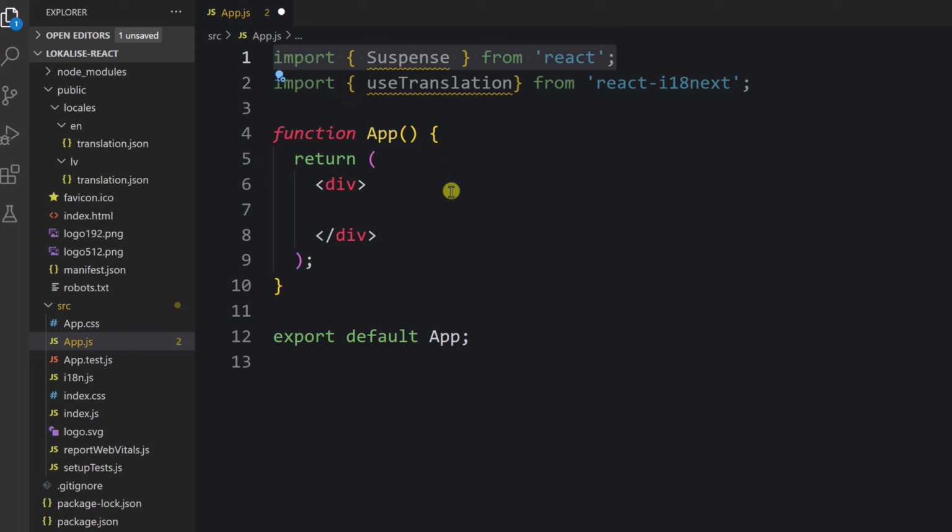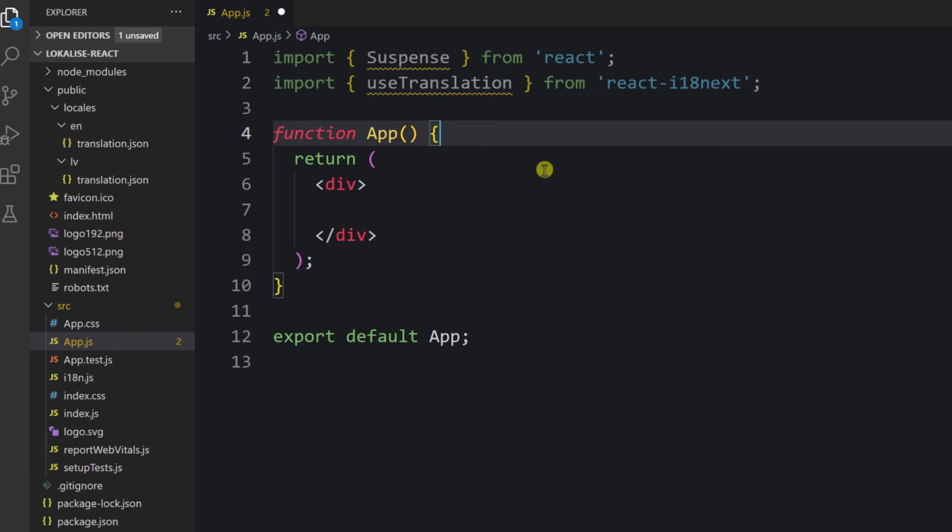Well, the idea is that as long as we are going to asynchronously load our translation files from this locales folder, we have to wait until those files are actually ready to be used, and therefore we have to use this Suspense. As for this useTranslation, it's like the main entry point, we can say,